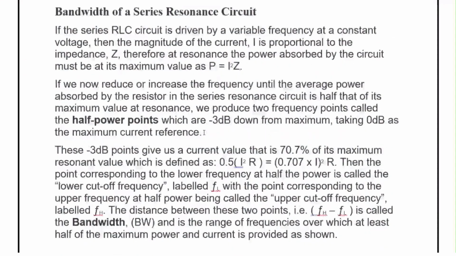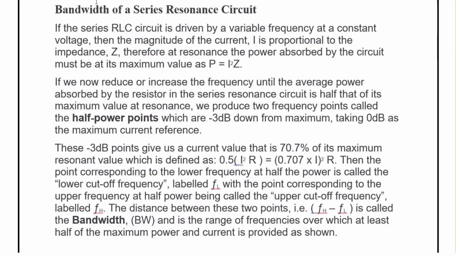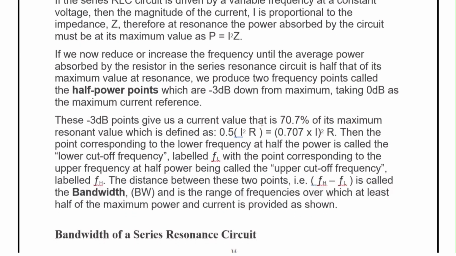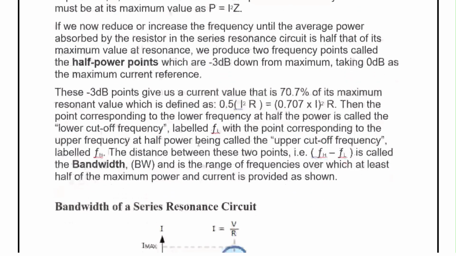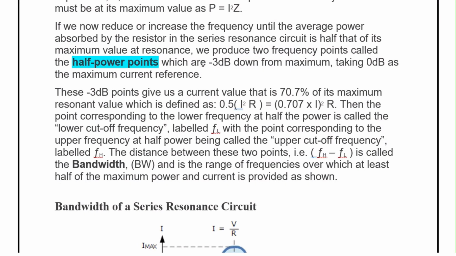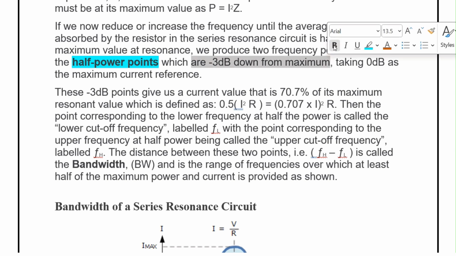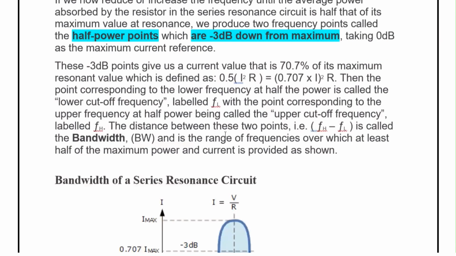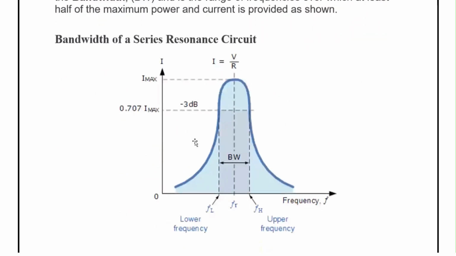Now, bandwidth is something that must be studied in the case of a resonant circuit. Bandwidth is this half power zone. I will make you understand right now. What is this? This is also called minus 3 dB down from the maximum. So this part, this is the frequency. In fact, at this frequency, this is basically